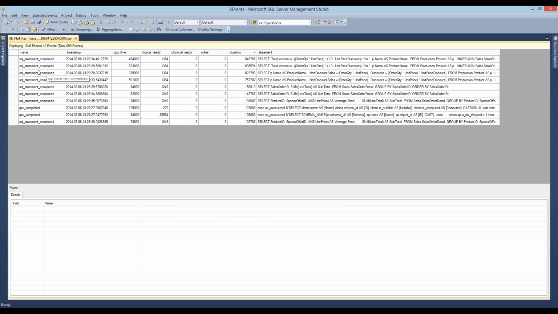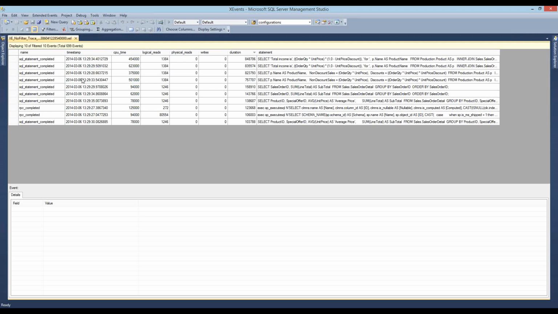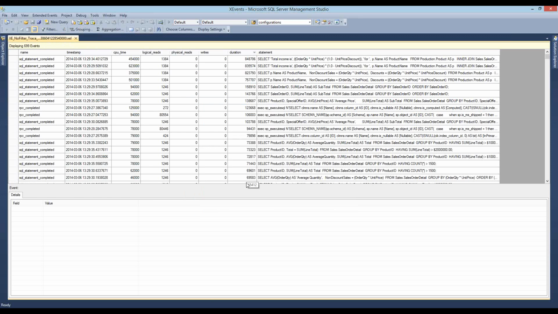So I had a file and maybe I'd captured data for an entire day and there's actually just a subset of it that I care about. I could filter that down and I could export that to an XEL file or to a table or to a CSV file, share it with someone else. So kind of nice there. And I can come back into my filter and I can clear all. I can say OK, and I get all of my data back.